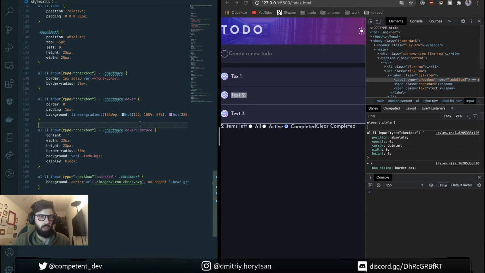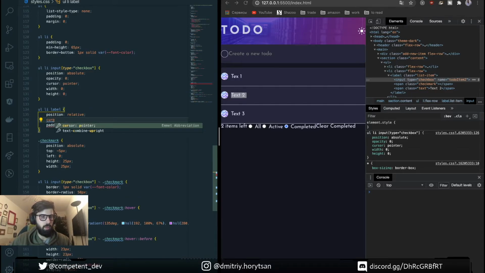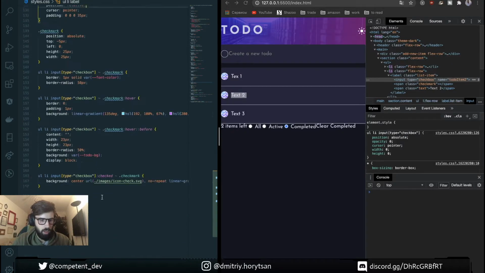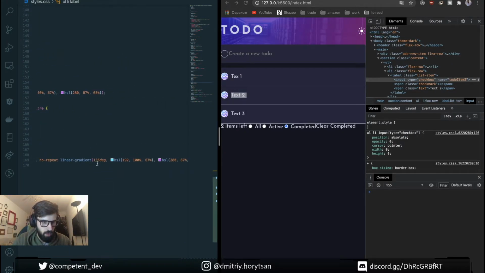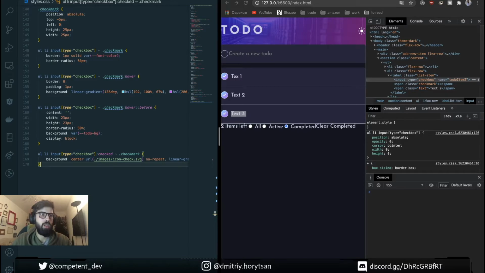Working as it should. So we need to put here pointer and no repeat for our icon. Seems good.